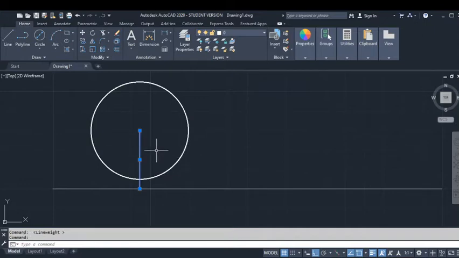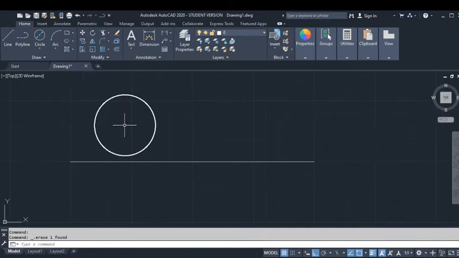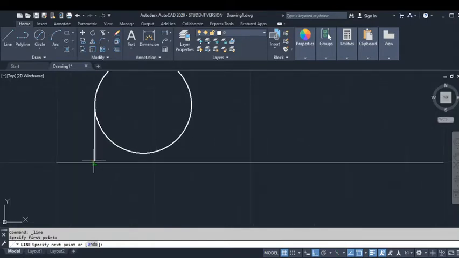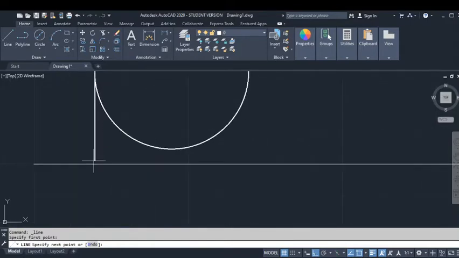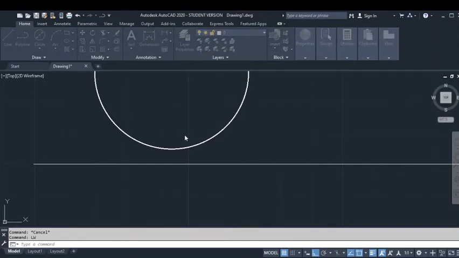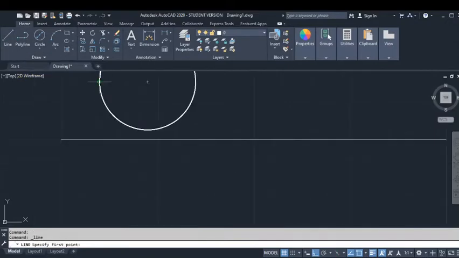Later I'm going to remove this line, and I will draw the projections of this circle onto my horizontal plane. But if you see further, whatever line I draw is going to have the same thickness. To get rid of this, I'm going to again go to the line weight command. In the line weight command, I'm going to make it the default value of 0.25. Now further, I'm going to choose the line command and draw. So now you can differentiate how we use this line weight option. Further, I'm going to draw this side also.